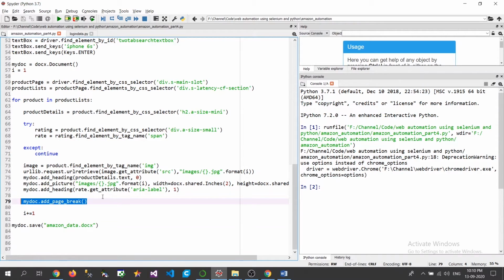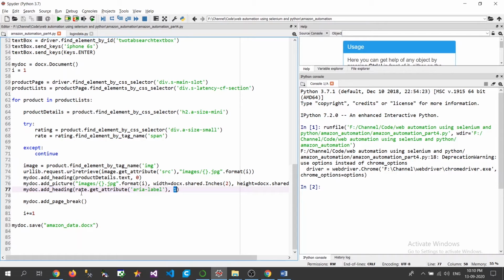Another thing that I would like to add is that in the docs library, when we are adding a text into the document, there are 3-4 levels of heading, like H1, H2, H3 for those who have an HTML background. Similarly, we have 0, 1, 2, 3.